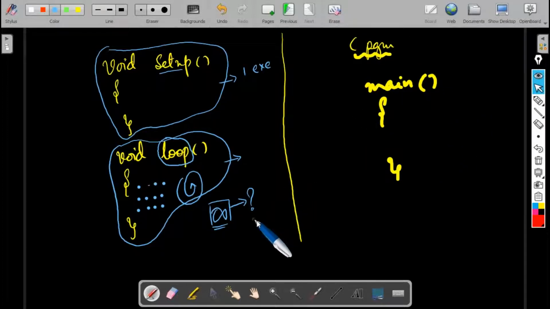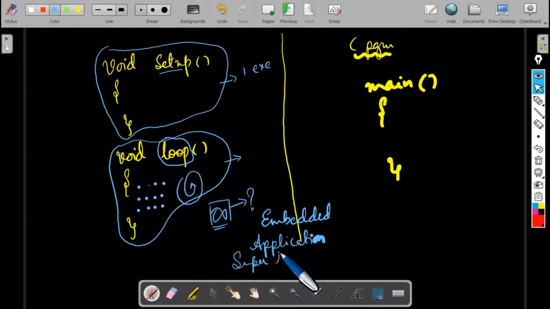Most of the applications, most of the embedded applications specifically, that we design are all based on the super loop approach. Super loop means never-ending programming.